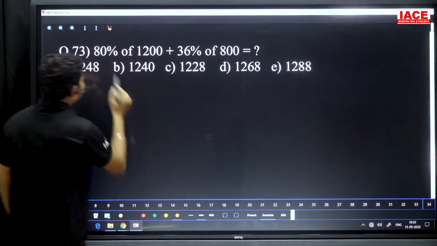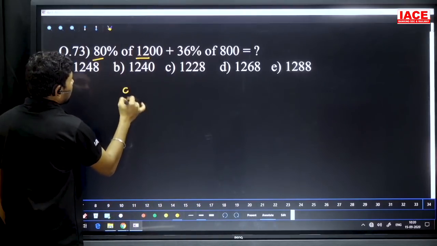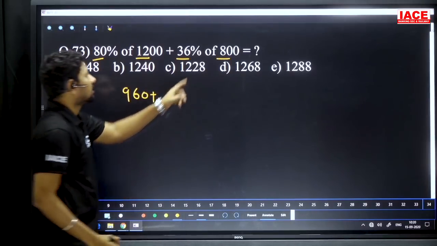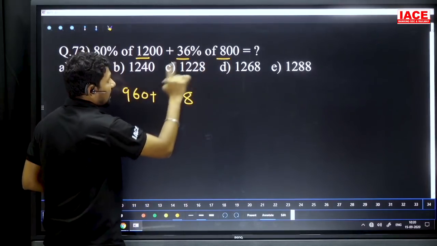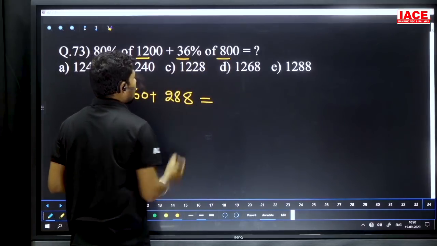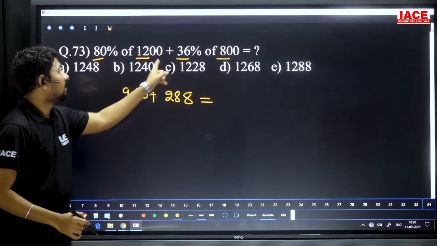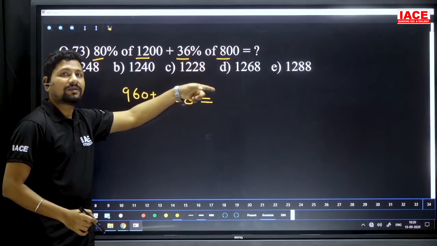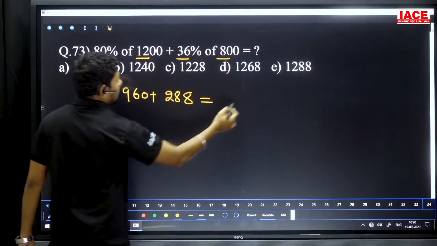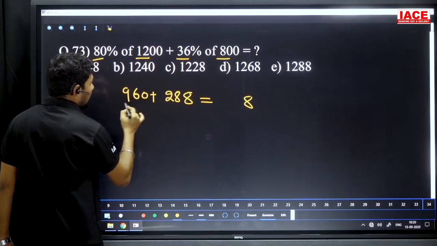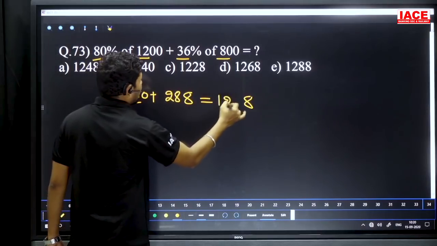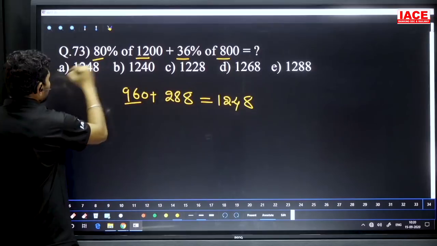Next, 80 percentage of 1200. It is 8 into 960 plus 36 8 ja. 8 6s are 48, 8 and carry forward is 4. 8 3s are 24, 20 288. Okay, 8 3s are 24 and 8 6s are 48. 240 plus 48 is also 288. Now added the values here. So last digit is 8, clear, and 28 and 96 added, just 4 added, it becomes a 100. It is a 124. 1248 is option A.